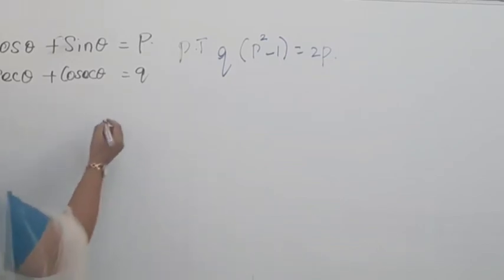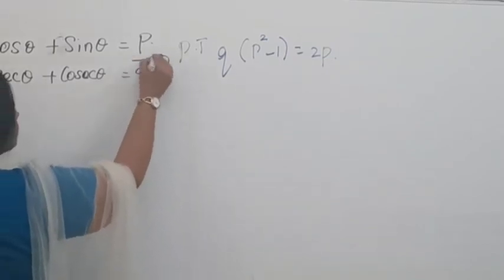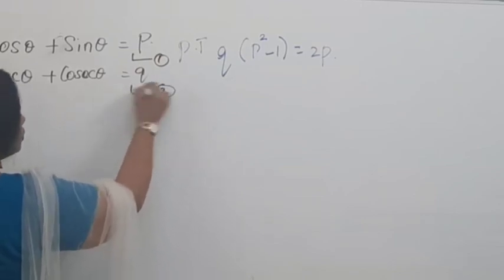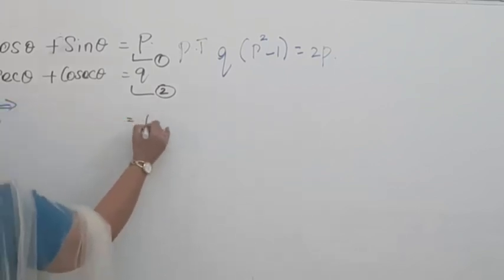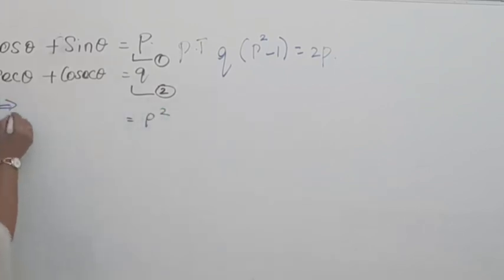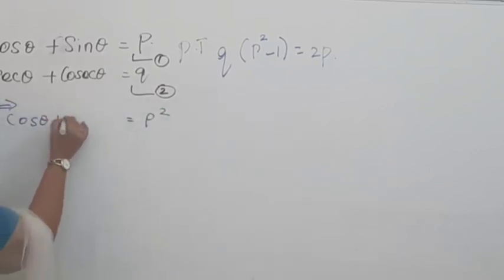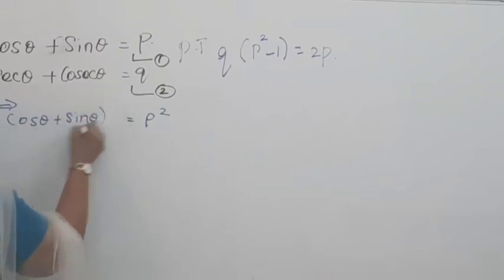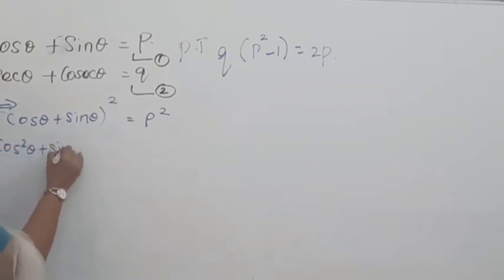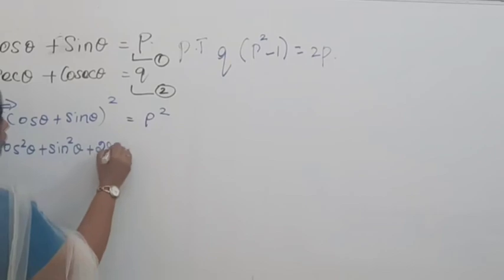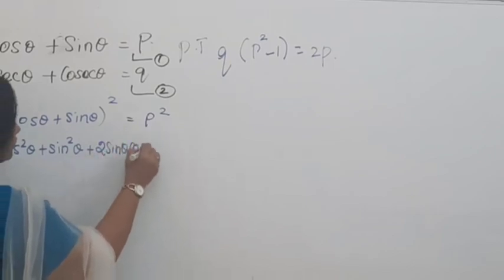So first find P square. Let me name this as 1 and this as 2. So 1 implies P square. So I have to find P square. That means cos theta plus sin theta the whole square I have to find. So I am going to get cos square theta plus sin square theta plus 2 sin theta cos theta